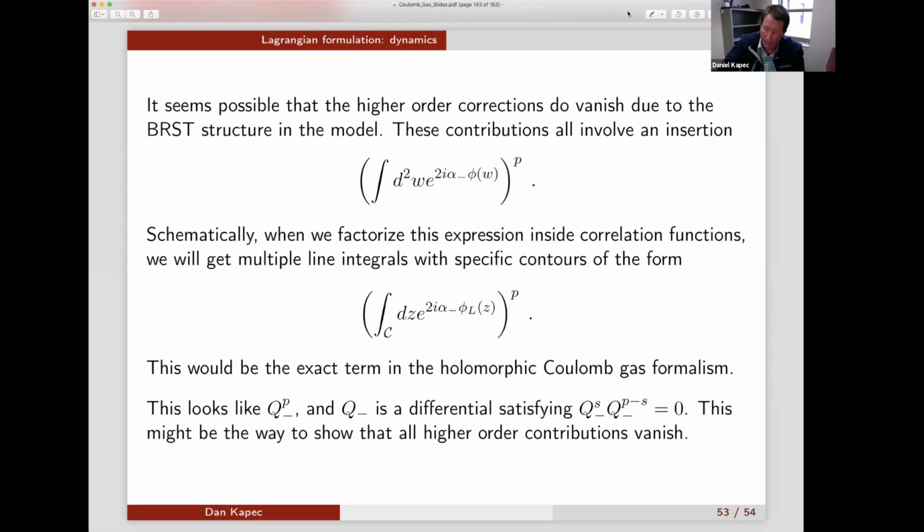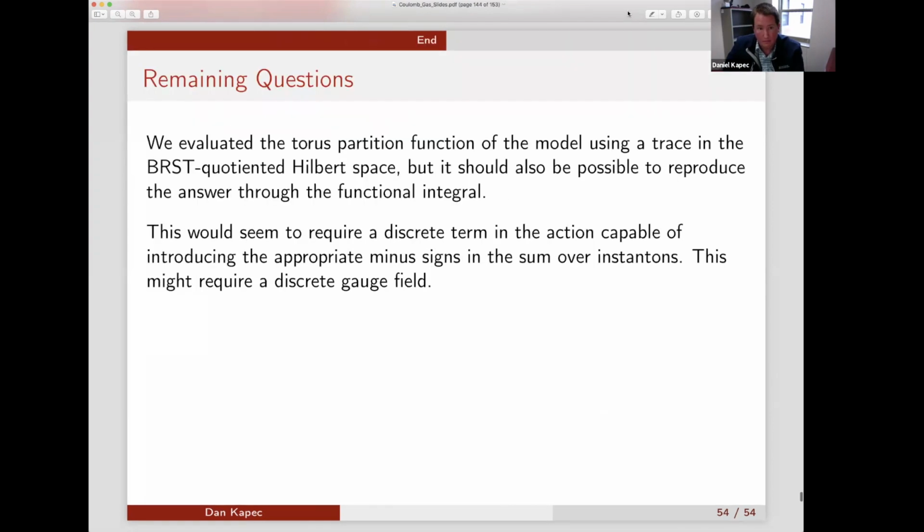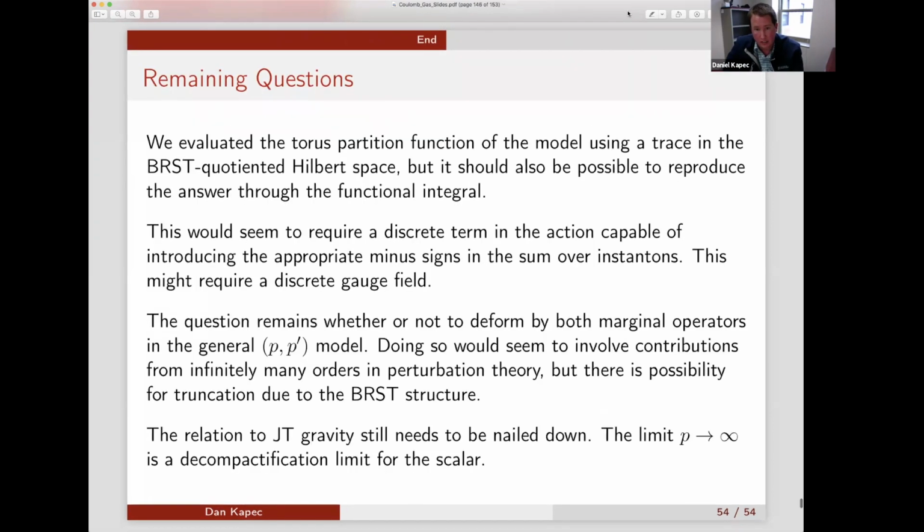Okay, so I apologize for going over. I'll just close with a couple of things which I think are left to understand. So obviously there's this question about the truncation of perturbation theory. If you turn on both deformations, I think that's extremely important if we want to actually make a statement about the general family of minimal models. There's also a confusion that I have